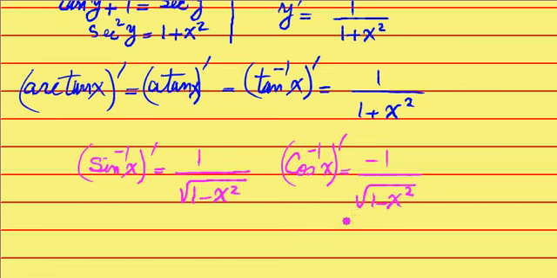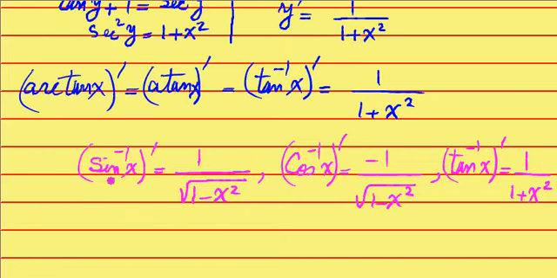A good student will be asking himself or herself, why is this particular relationship between these two? Let me leave that to you to wonder about. And tangent inverse of x prime is equal to 1 over 1 plus x squared. Okay, we have 3 more formulas to go for cosecant, secant, and cotangent, which are related to these things, but